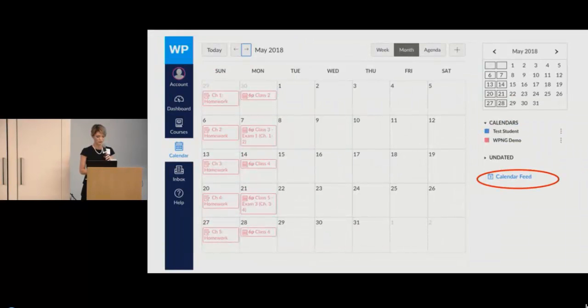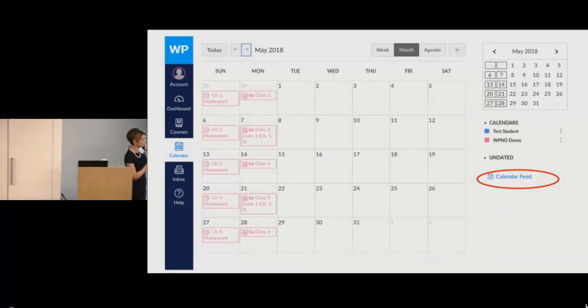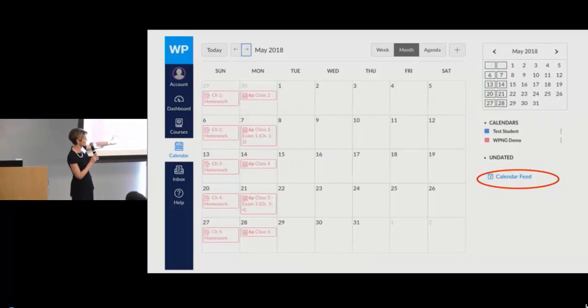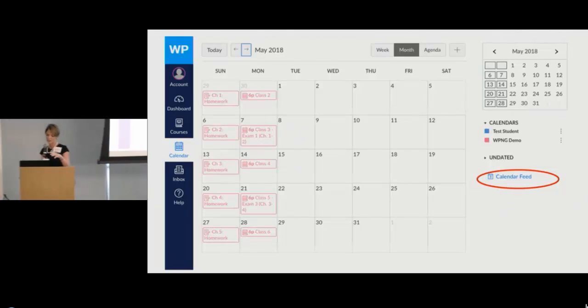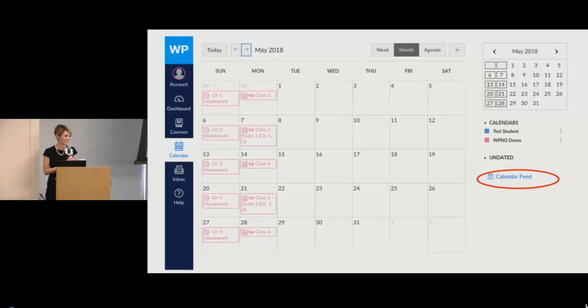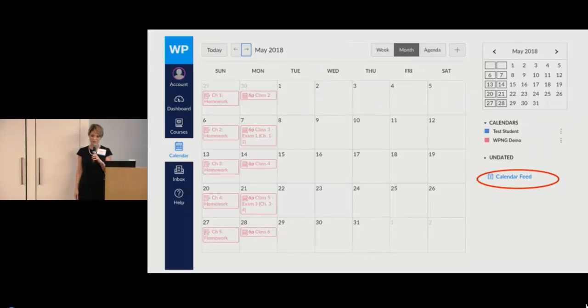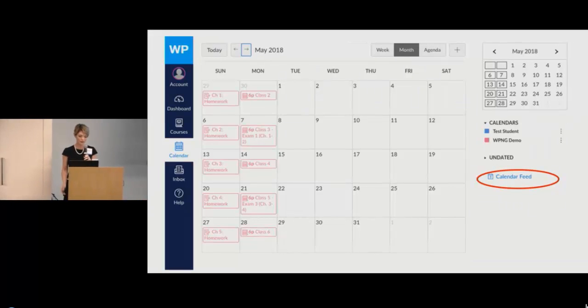And like we were showing, to move assignments around, Laura was demonstrating this, it's as easy as just clicking and dragging. And then you can edit from right there. So once you get all of your assignments in the calendar, that's really such a time saver for us. That's the instructor benefit. But then for the students, it really helps teach them those organizational and time management skills where they can see all